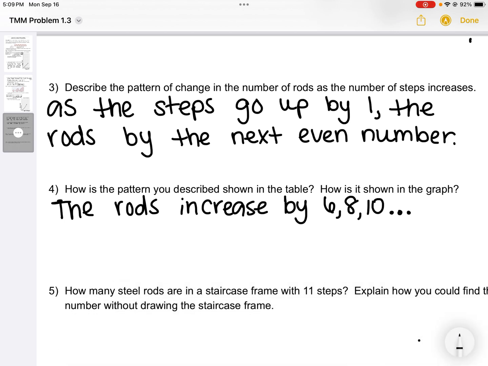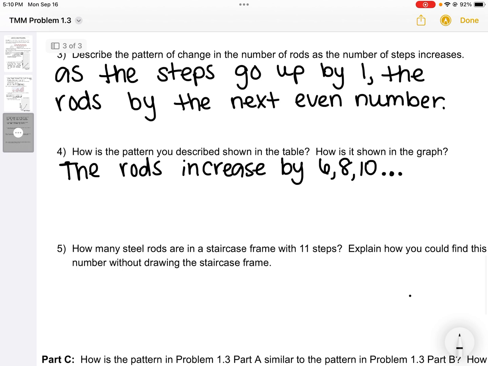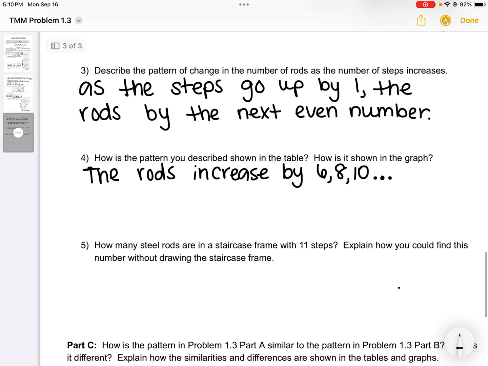So here I'm not going to write out all of the different changes. I am going to put 6, 8, and 10 since those were our first ones. And then I'm going to put 3 dots to show it does continue. And then how is it shown in the graph? So I'm going to put T for table next to the first sentence that we wrote. And I'm going to put G